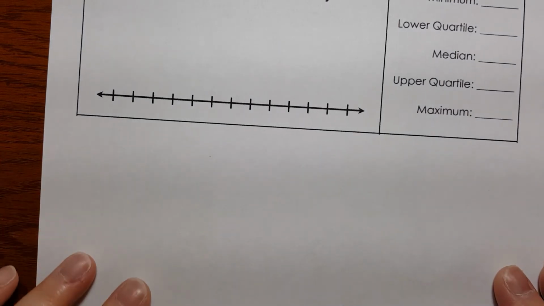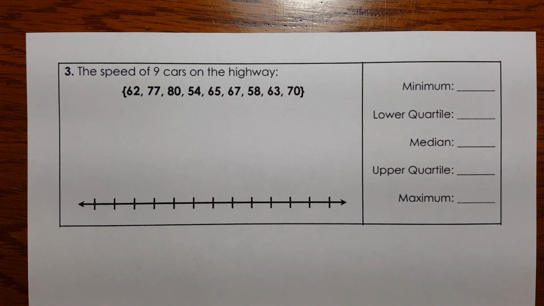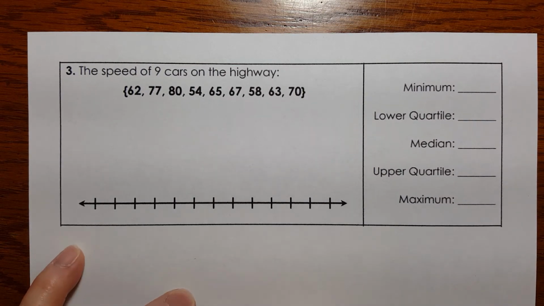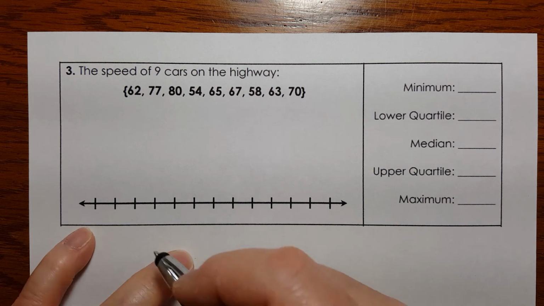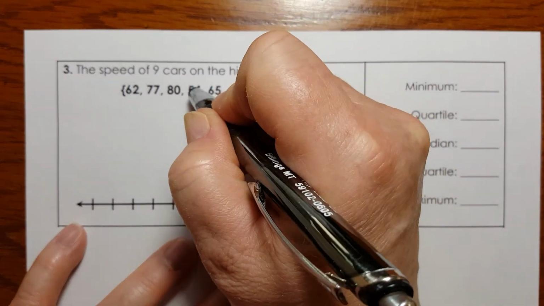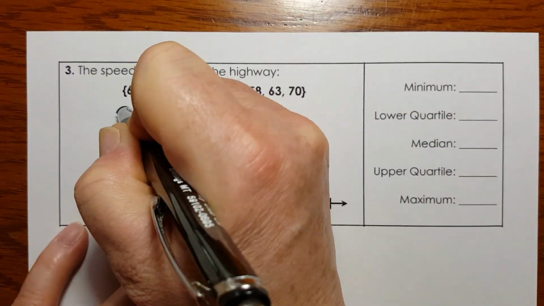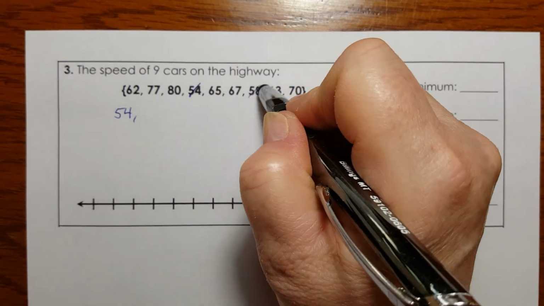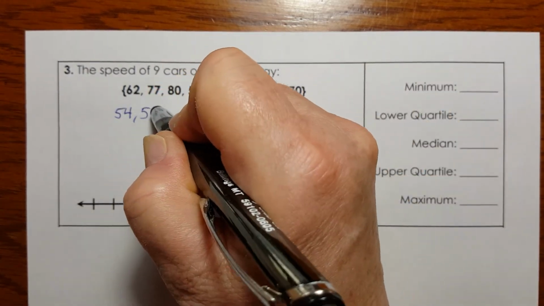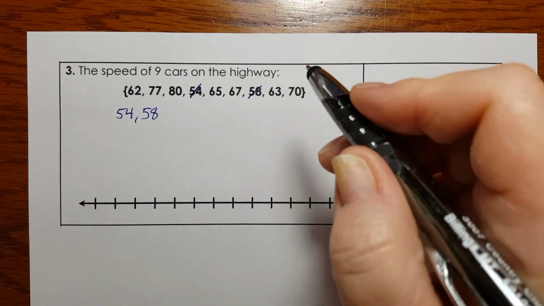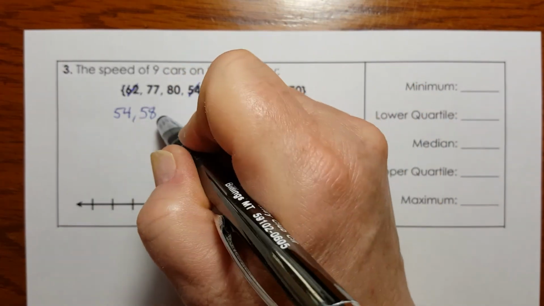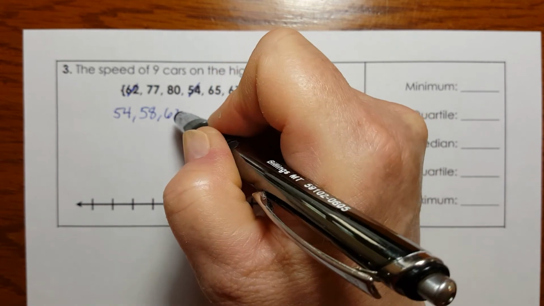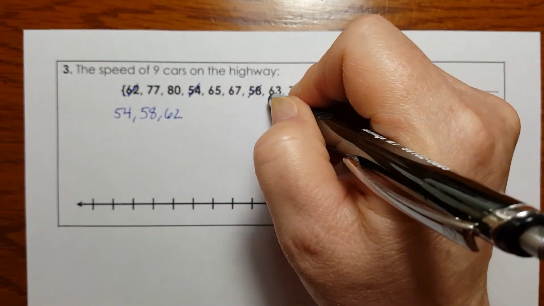So, first step is we've got to get our data in order. Our lowest speed is 54. Then we've got 58, 62, 63,